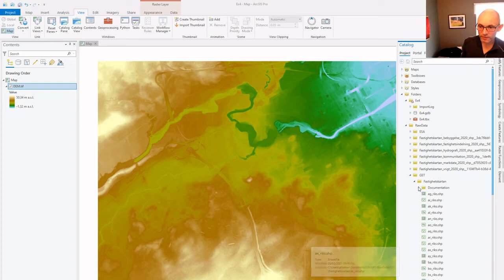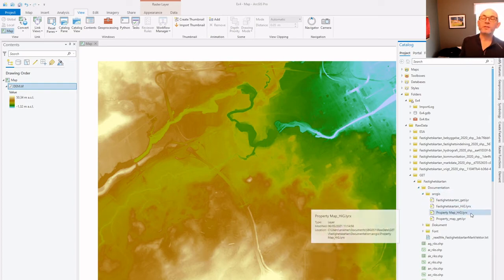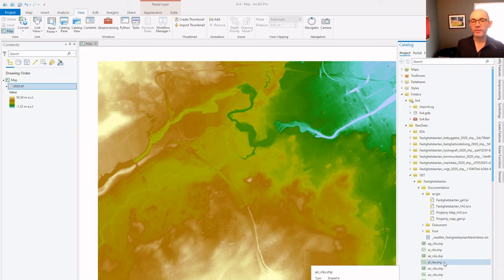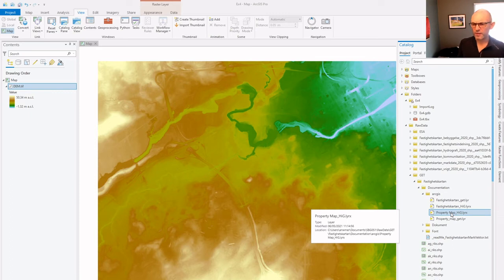But within this, we also have some layer files which contain styling. They contain information about what the map should look like. These only contain the geometry and other information. It doesn't say how you should show the information on the screen. So if we instead click on this, we can take the property map. I think in the instructions I say fastighetskartan, but as we're doing this now in English, let's just take the property map